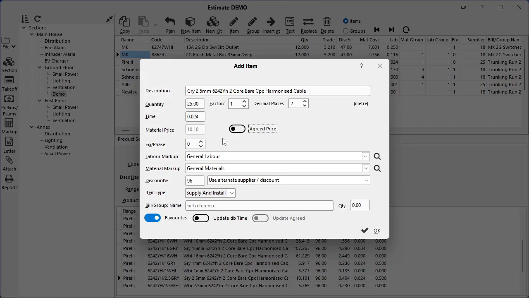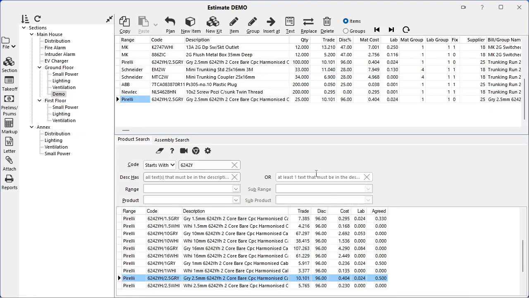Other fields we can edit are the fix or phase for the product, and then we've got a couple of groups here, labor and material. I'll show you these in more detail when we're in the markup, but essentially with the system you can set up as many different descriptions for groups as you want, and then you can apply different markups to them. For example, you might want to apply a different level of markup to your cable than you might to your lighting. So all your product ranges from the different manufacturers, you can put those into these different markup groups. So if I click OK and we add that onto the job,